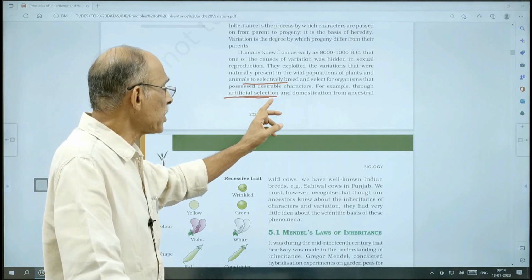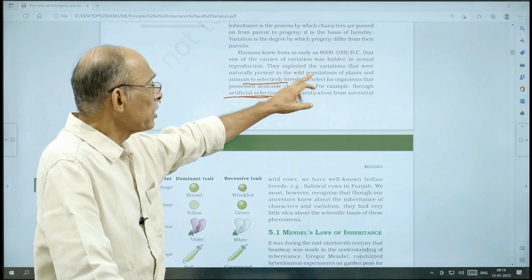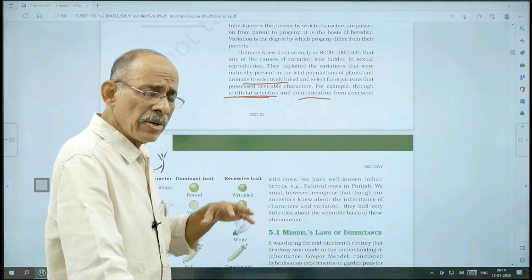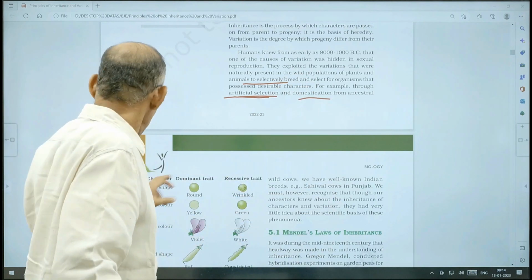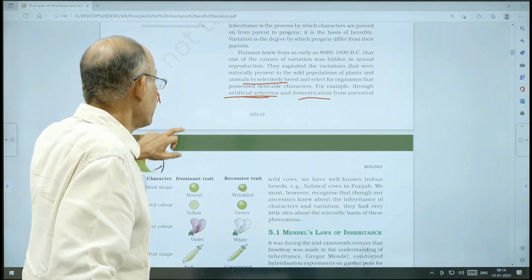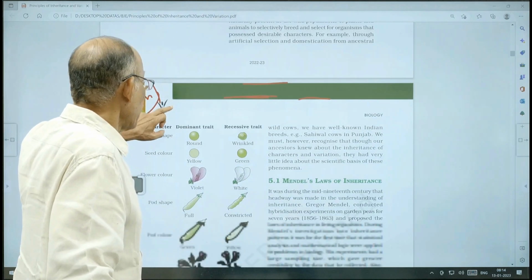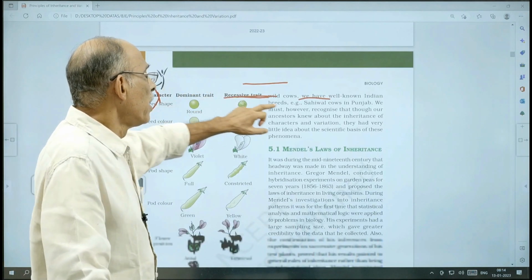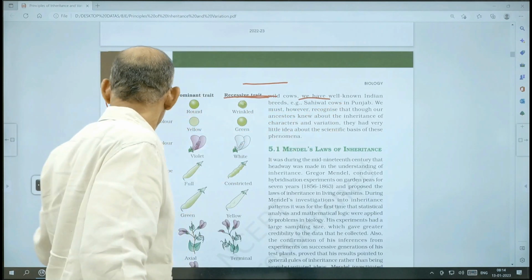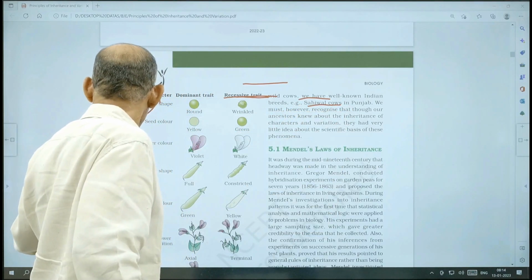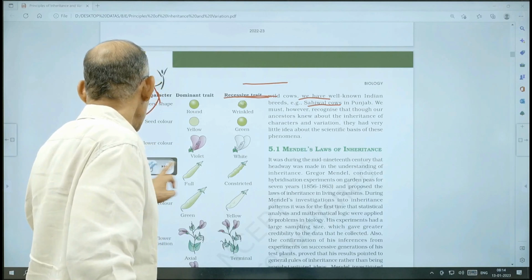So by artificial selection, the cows showing good variations were bred and domesticated. That is what is called domestication, from the ancestral wild varieties, and they developed a new variety known as the Sahiwal breed of cow. Okay. Now we know that Mendel is the father of genetics,